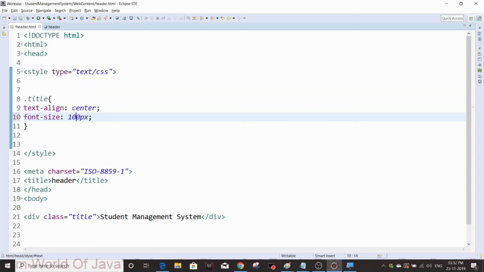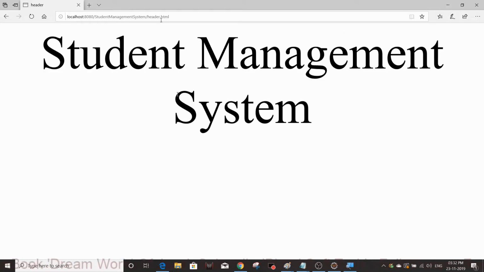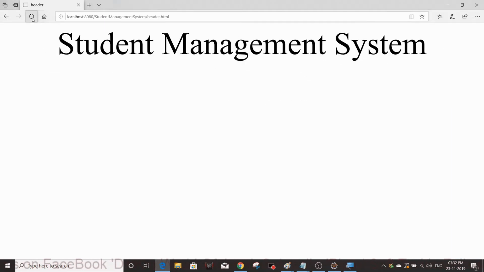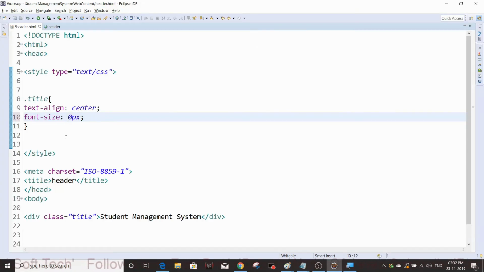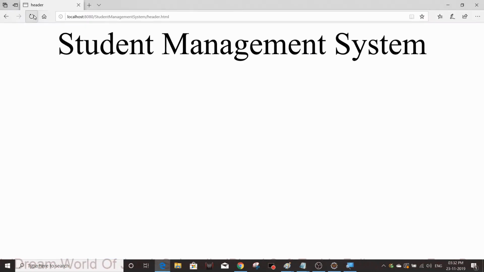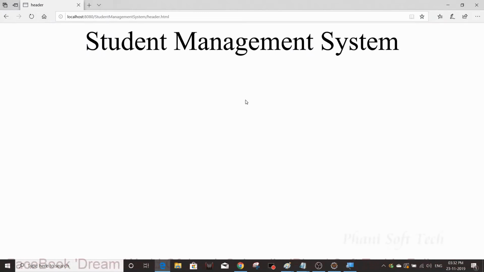I'm going to give 100 pixels. We'll see what will happen. Okay, somewhat it's good. Better to decrease some more. I'm going to give 85 pixels. Refresh it. Okay, that is good. Nice. Student management system.